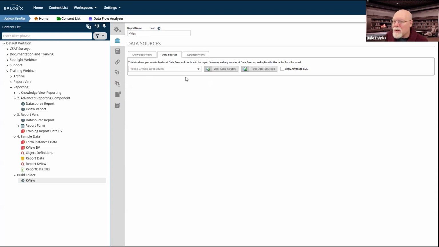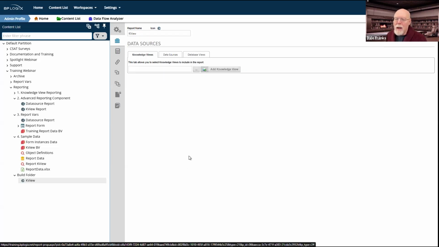So we'll talk about this there, because this is where there is an enormous amount of power in terms of how we can pull reports and show them in Process Director, not just for Process Director data, but for any accessible data that exists anywhere in an accessible database. But for now, we're going to go for knowledge views, and this allows me to pick the knowledge view or knowledge views that I want in my report.